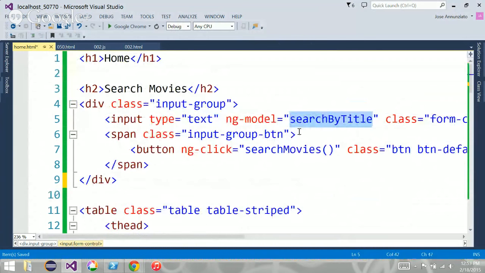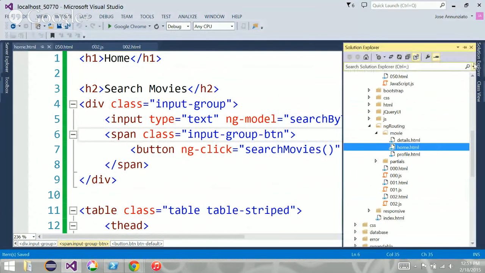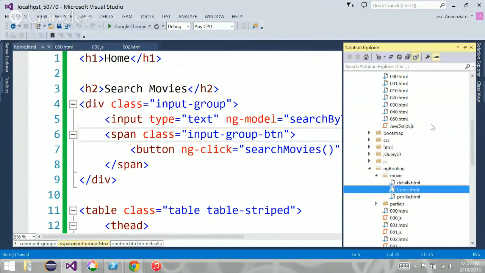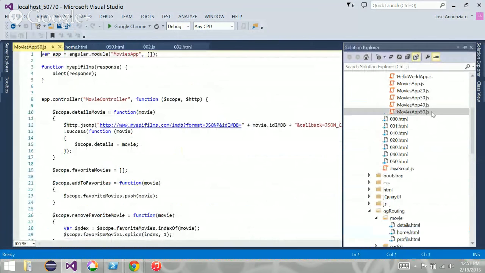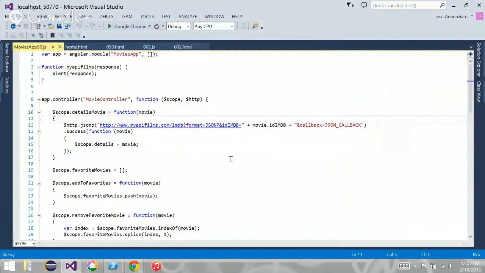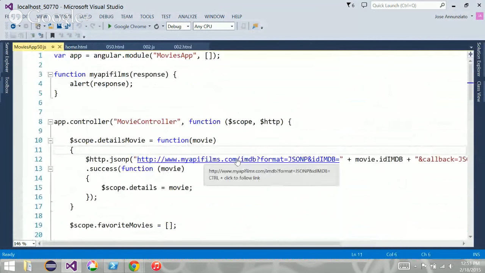Oh, that means we need a controller. We need a controller for this, don't we? Right? Because look at this. This function is also going to invoke something, that search controller, right? So where do we have that? We had it in the JavaScript, right? Let's see that. Where was that? It was this one, wasn't it? It was this controller over here, right?